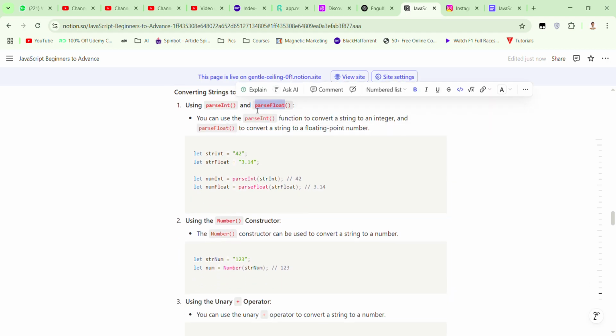Use parseInt and parseFloat to convert strings to integers, and parseFloat to convert a string into a floating number. A float means it's a decimal number, but there's a difference between a float and a decimal. If you happen to Google the data types, you'll check the integer, float,